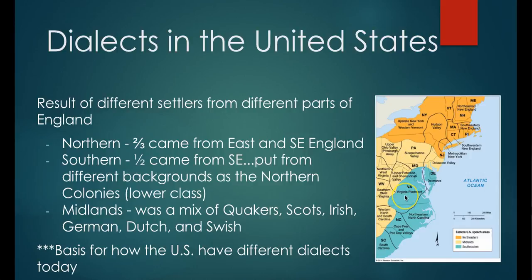The southern part, okay, came from the southeast, but from different backgrounds than the northern colonies. So these were the lower class people that were probably from London and the higher end areas. These were the working class. So they were a little more urban, but when they got here, they were definitely a little more gritty. They moved to the south mainly because of the multitude of farmland the south provided for them at the time. So that's going to explain a different dialect of English,